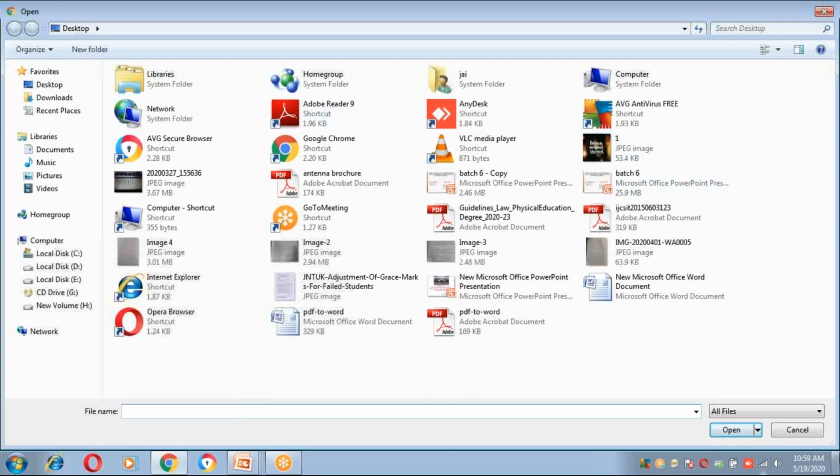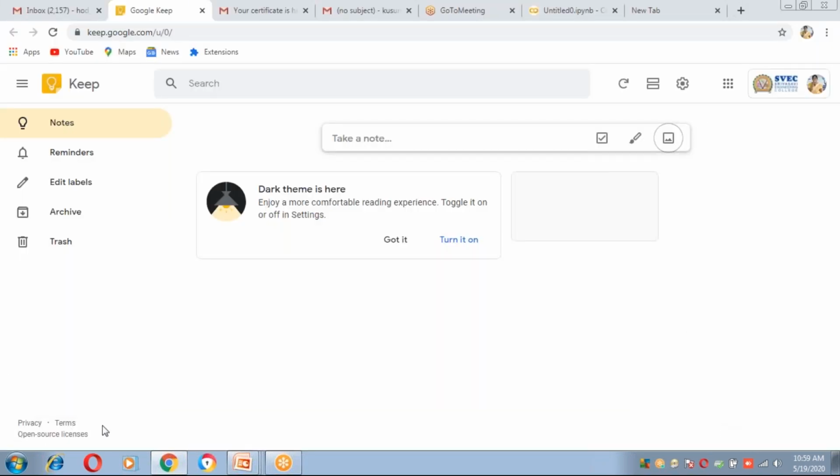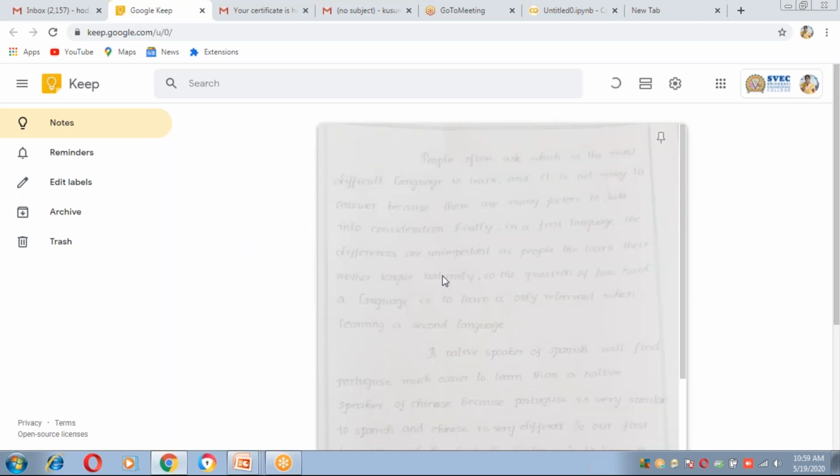It will ask from desktop. See, I am clicking my handwritten notes, my handwritten document image. It is in image form. Open. Now it should be uploaded. It is uploading.